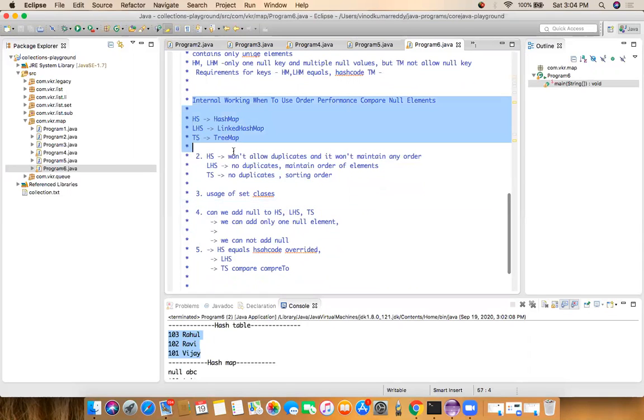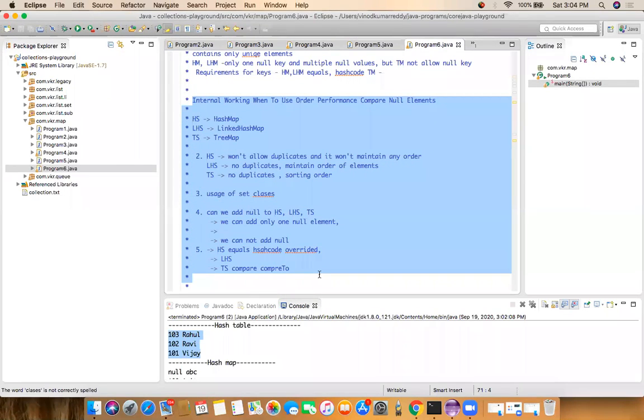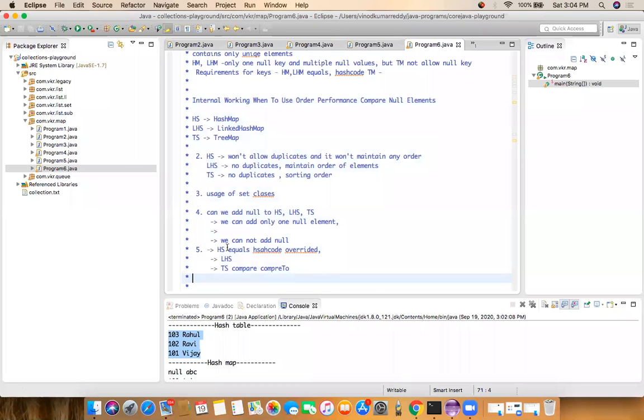Now similarly we have seen hash set. What are the differences? Similar to the hash map, whenever we want to add an object to the hash map, we have to override the equals and hashCode methods. By using equals and hashCode only, it is not allowing duplicate keys. For linked hash set, similar to linked hash map also, we have to override the equals and hashCode methods when we try to add the object as a key.